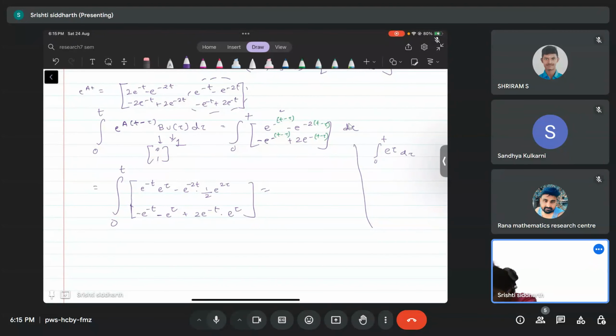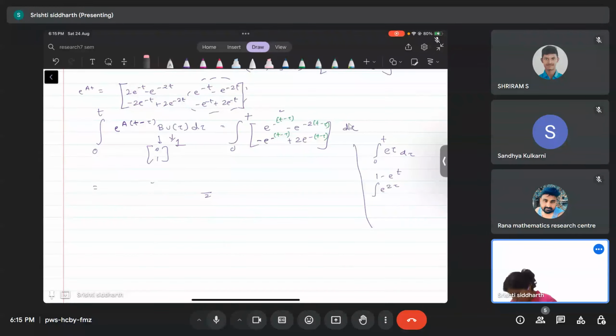This is simply 1 minus e to the power... Okay, so there is a mistake here. So this is not correct. Let's see. Integrate